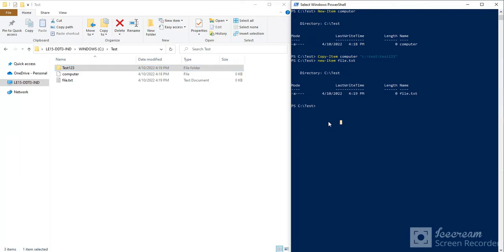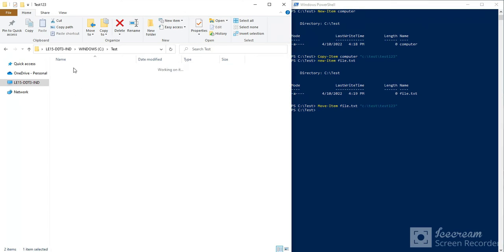To move this file, there is one cmdlet which is Move-Item, and then give the file name file.txt, and give the path where you want to move it. I'll give the path name over here, which is C drive, test123. I hit enter,